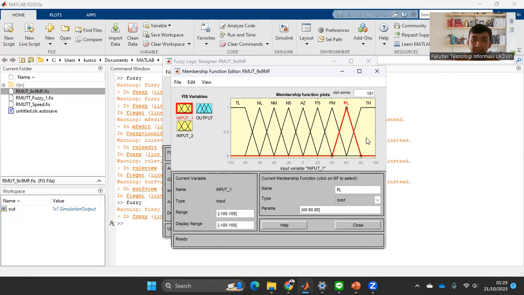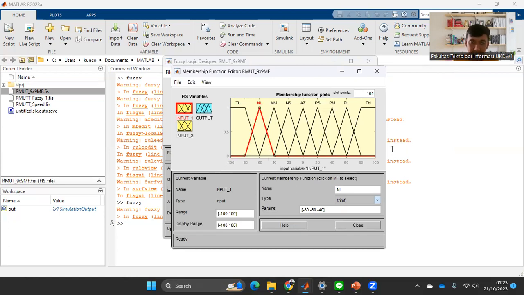For a trapezoid we need 4 points to make the shape, and for a triangle like NL, we need 3 points.